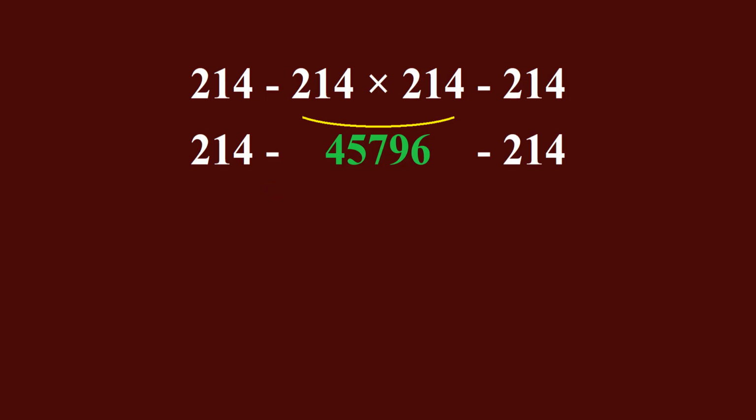According to the order of operations, we do this subtraction, then this subtraction. So 214 minus 45,796, which equals minus 45,582. So we have minus